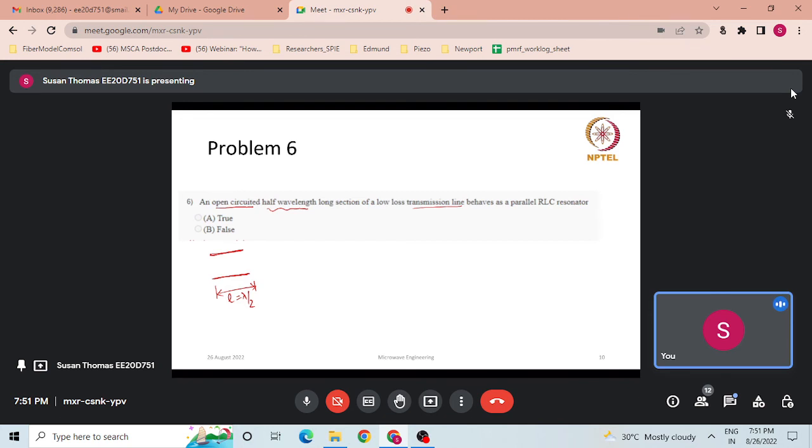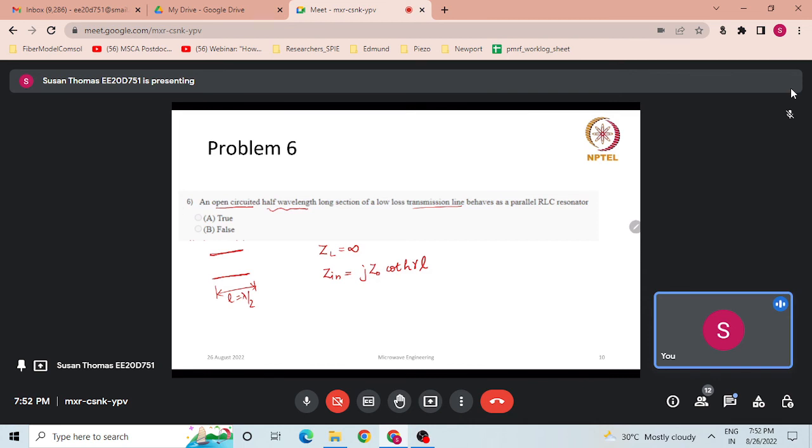The easy way is, if you know that ZL is infinity, that means open circuited load, then you know the formula for Zin, that will be j Z naught coth gamma L. Now, for this circuit, if I say low loss, if I can assume that alpha is 0,